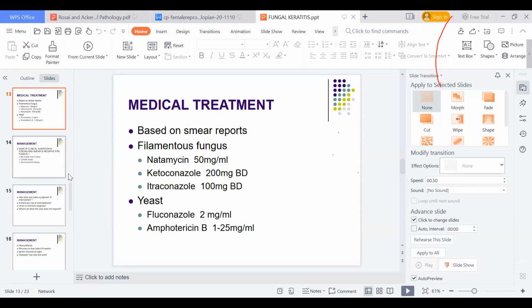When it comes to systemic antifungals, my choice has always been itraconazole because it is very well tolerated as compared to ketoconazole, and the derangement of liver function is not very commonly and earlier seen with itraconazole. So given the choice, itraconazole 100 milligram would be my choice when it comes to systemic medications.